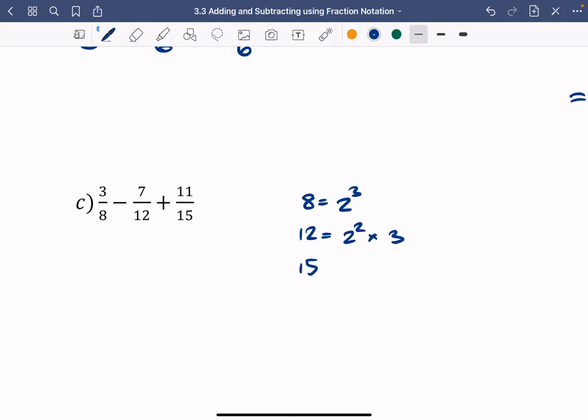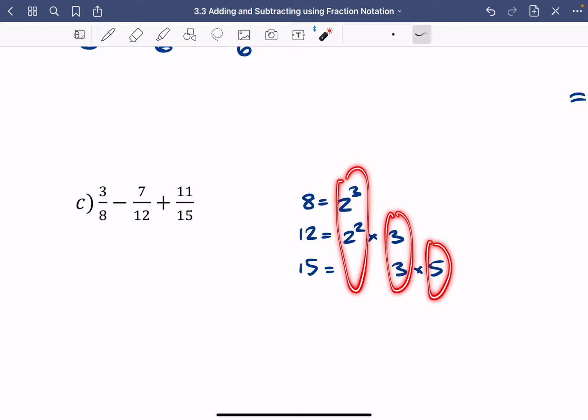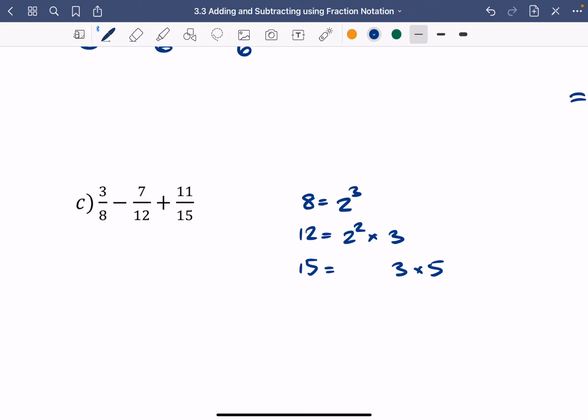And then 15 is equal to 3 times by 5. And so from each column, we're going to take the highest of them. So the highest will be 2 cubed for the 2's, and then 3 doesn't matter. They're both 3 to the power of 1. And then 5. So the lowest common denominator here will be 2 cubed times by 3 times by 5,